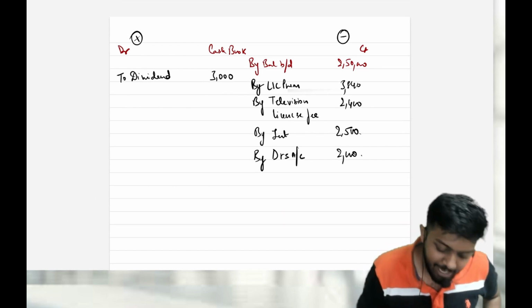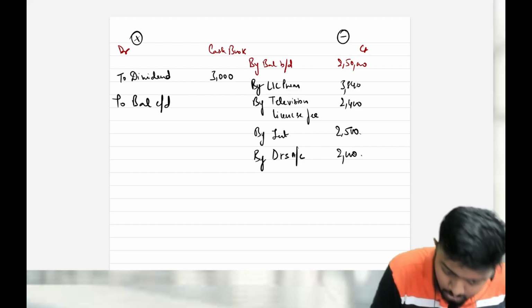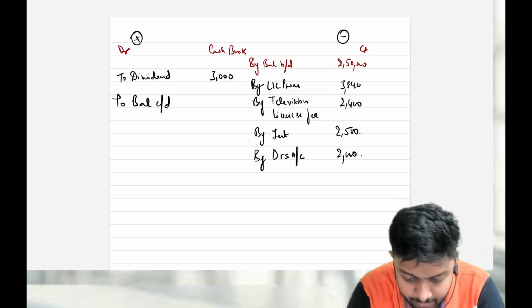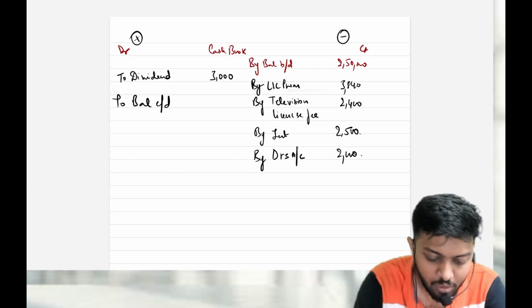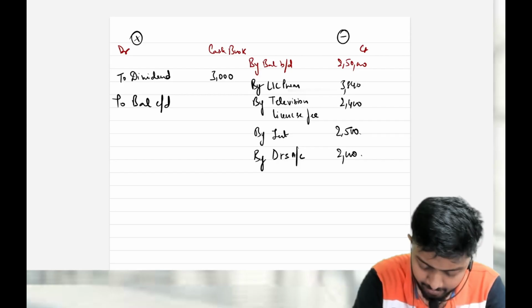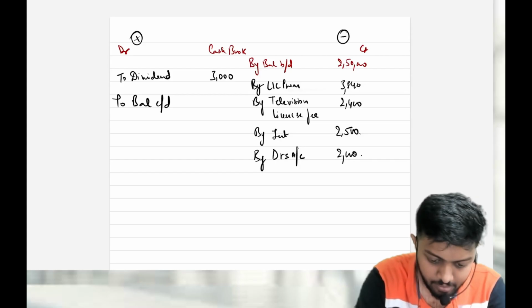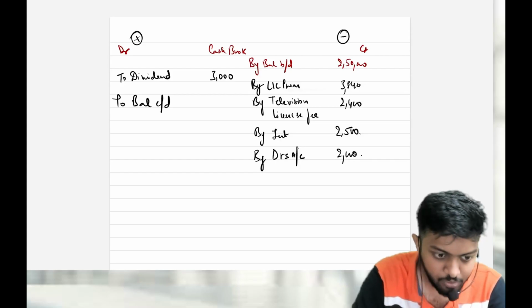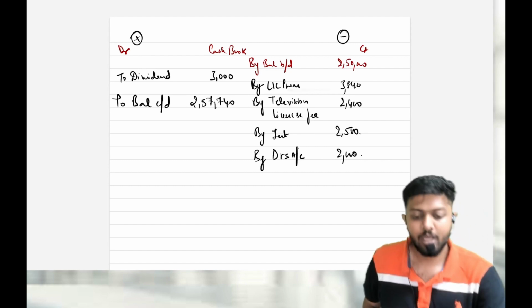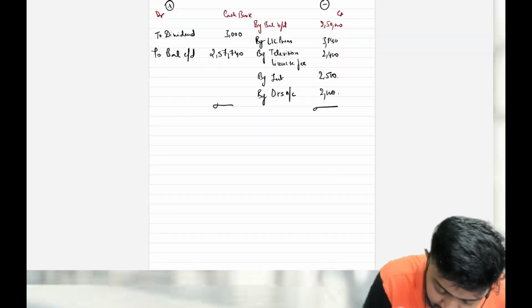Once you have adjusted, take the balance. Of course it will be having credit balance only. So what is it? 2,50,000. Then we have 3,840. Then we have 2,400. Then minus. So it comes to 2,57,740. So that's your amended cash book balance. Now when you start the BRS, you start with that balance.